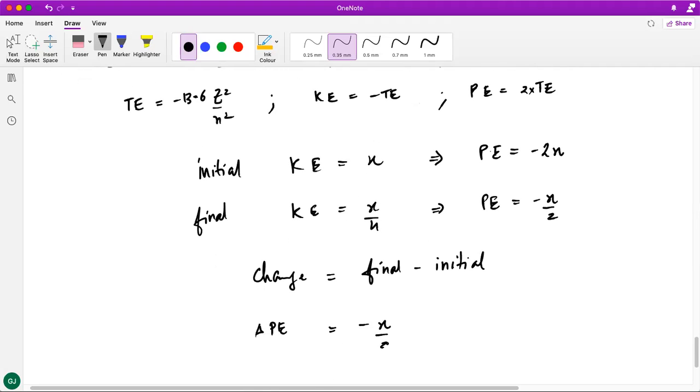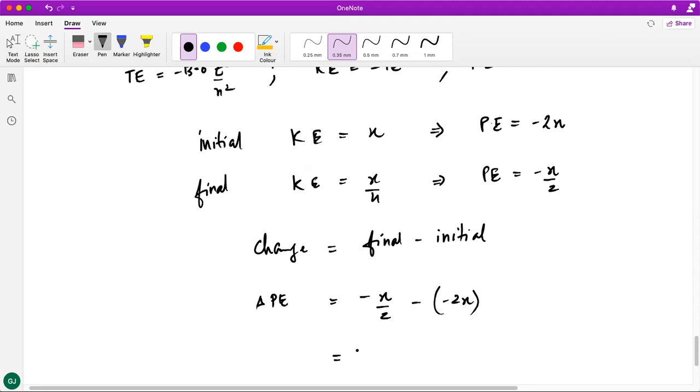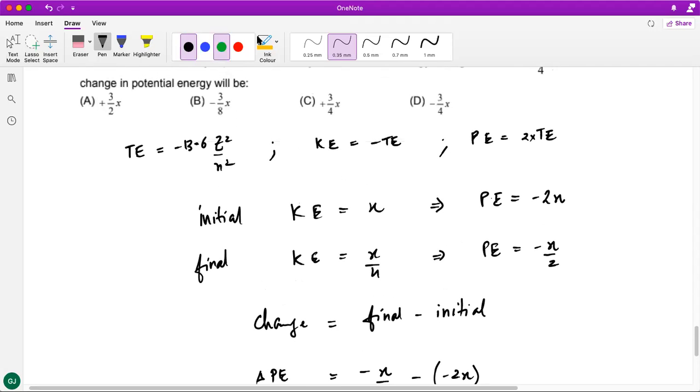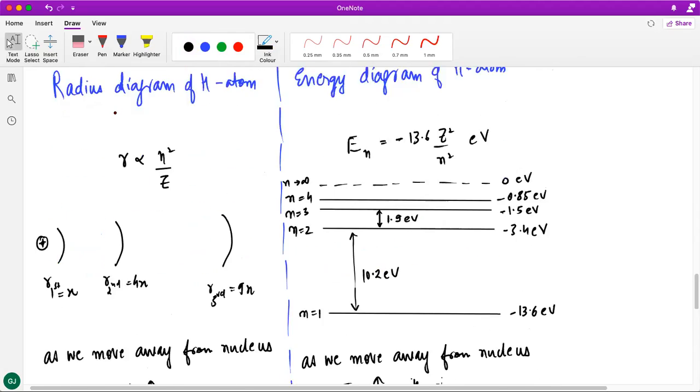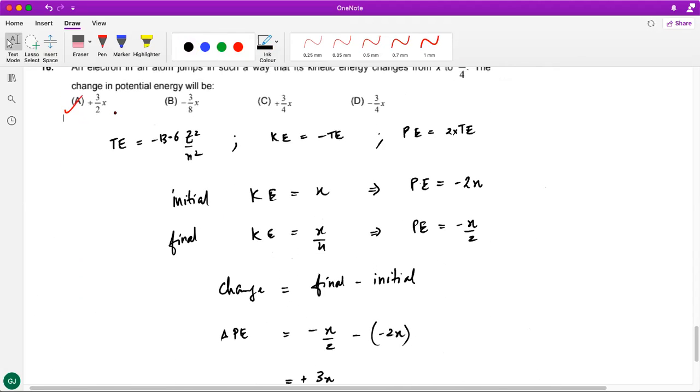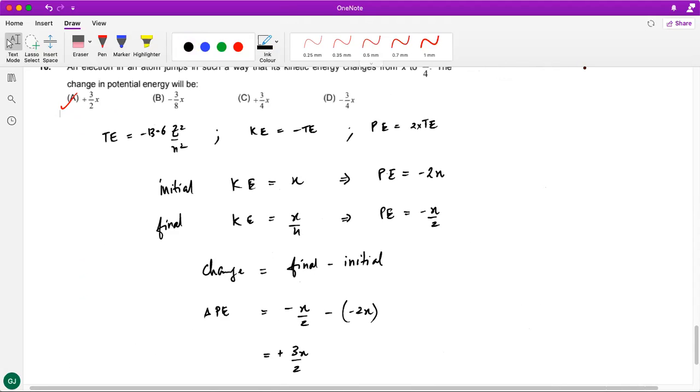The final is -x/2 and the initial is -2x, and hence you get the answer as +3x/2, which means A option is the correct answer. ठीक है, आप लोग नोटिस कर लो एक बार किसने कहां पर क्या केयरलेस मिस्टेक करी। डू रिमेंबर, ठीक है। सो ऑप्शन ए इज द करेक्ट आंसर।